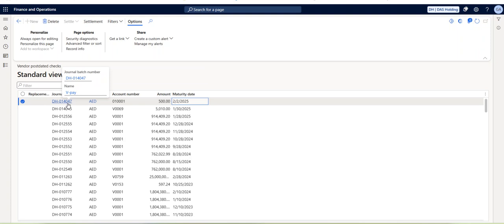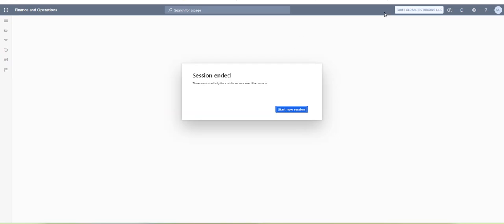It means that this is the open PDC journal. An open PDC journal means you have created the transaction record. The PDC line has been created, it is in open state, and it is not yet posted, meaning it has not met your actual maturity date. So once you post this journal,